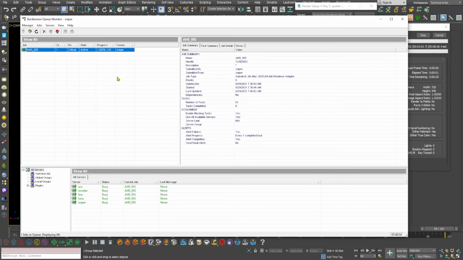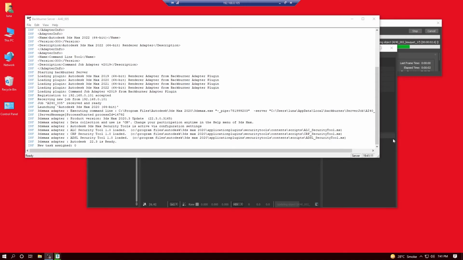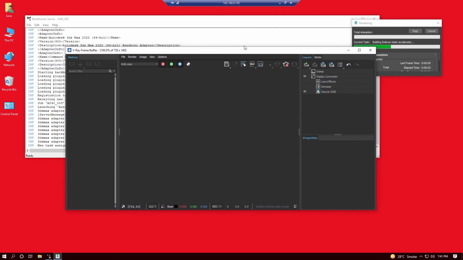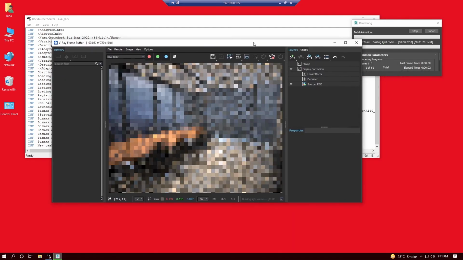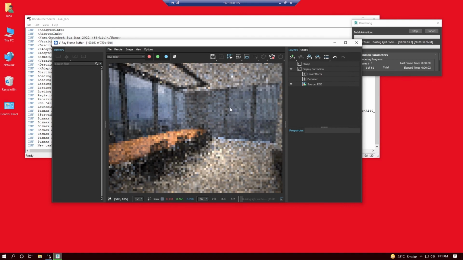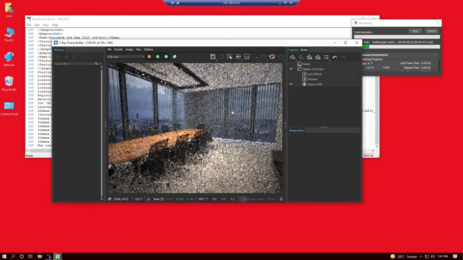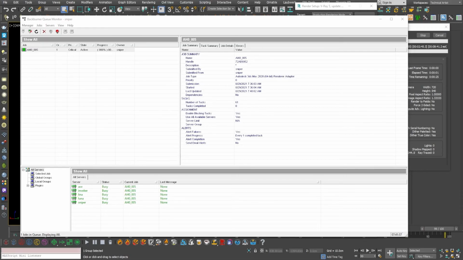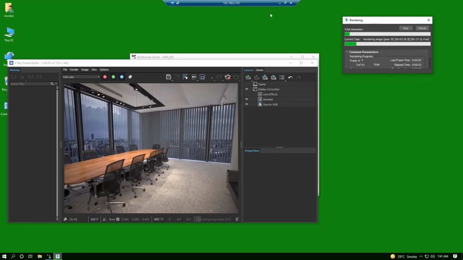But I like to use test renders on my local machines or servers. So when I submit the job to the network render, I'm making sure that it is rendering the right animation and there are no errors popping up or something like that. And let me just cycle through all of the machines.